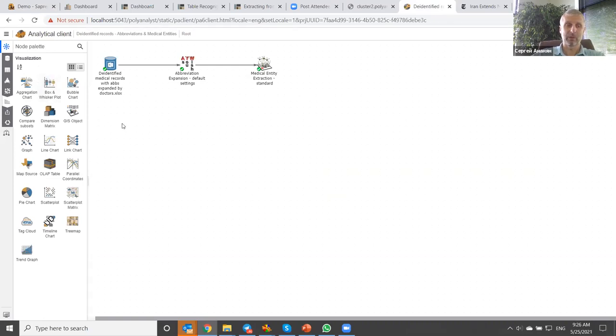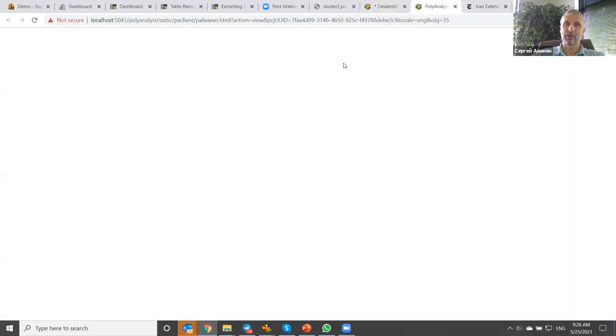PolyAnalyst is a client-server system, and it can avoid using any kind of thick clients. So we can provide an installation that will work entirely in your browser. Inside the browser, again, you just move different things around, connect them with arrows, and specify what you're going to do with the data.